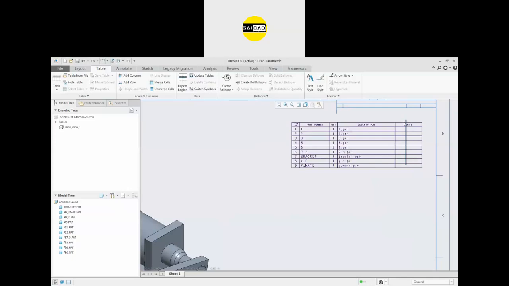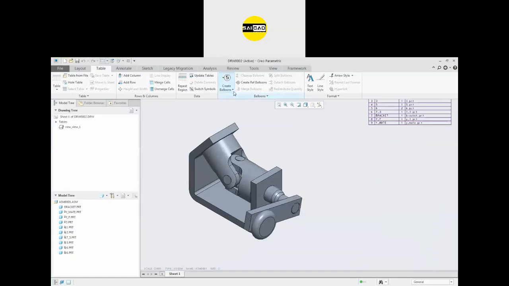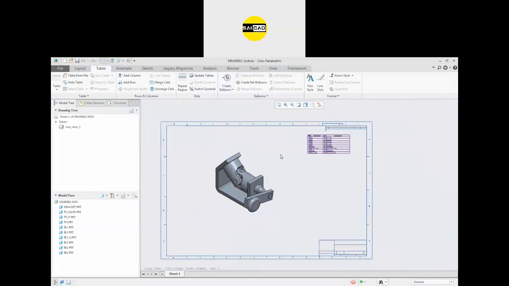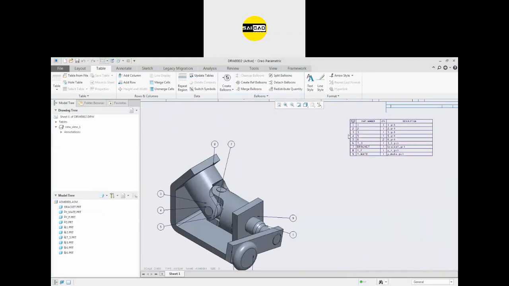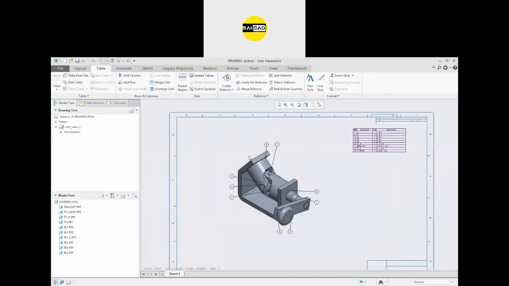All in this one. Okay, select that. Yes. And now there is the create balloon option. Just click on the create balloon, and there is the option create balloon all, by view, by component. So we have a single part. We are just going to create the first option, create balloon all. So all the balloons will be inserted. All the numbers that we have here now will be specified here.